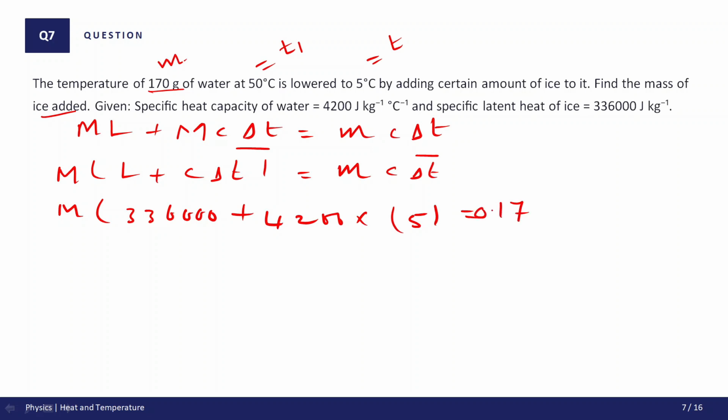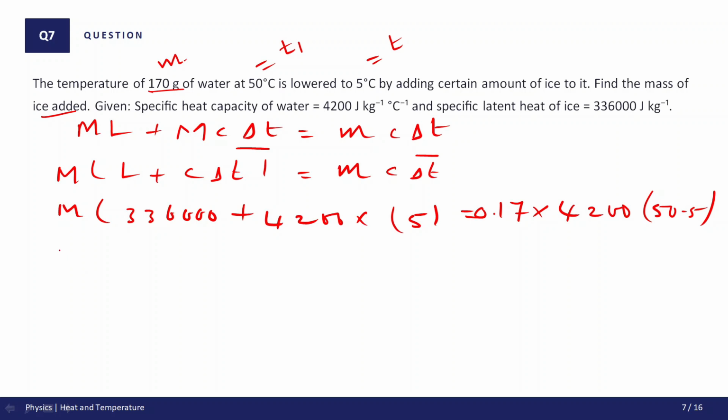You must take it in kgs, so 170 grams equal to 0.17 kg into 4200. The change of temperature is 50 minus 5,